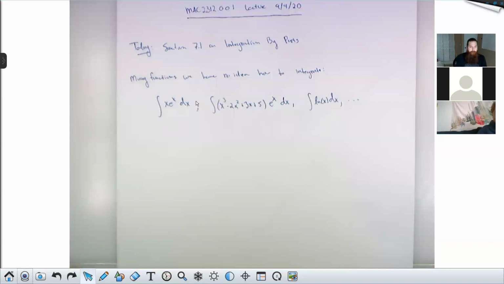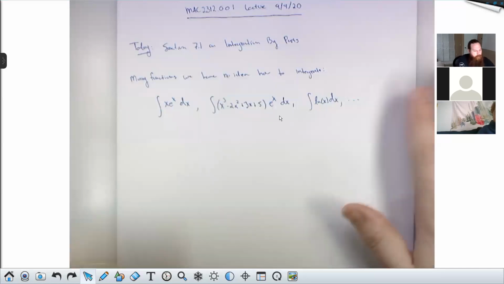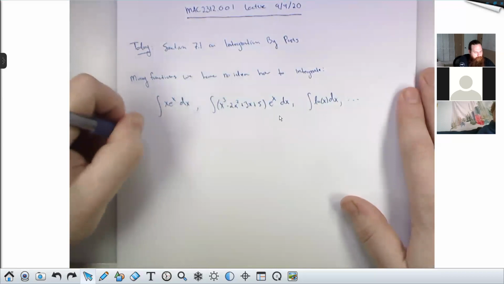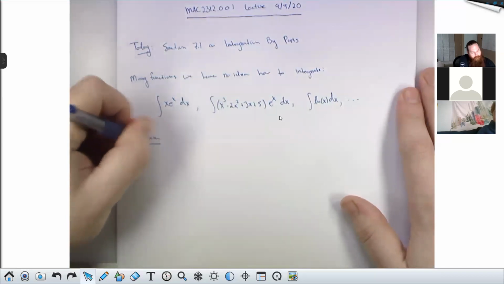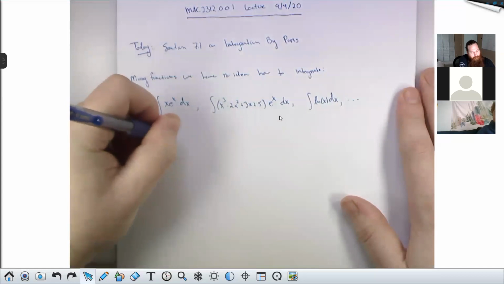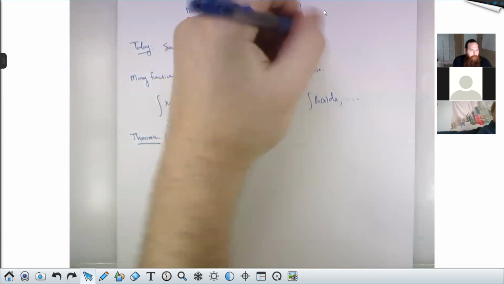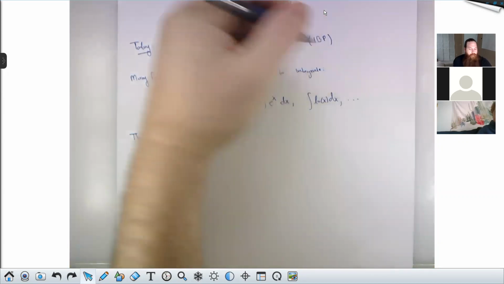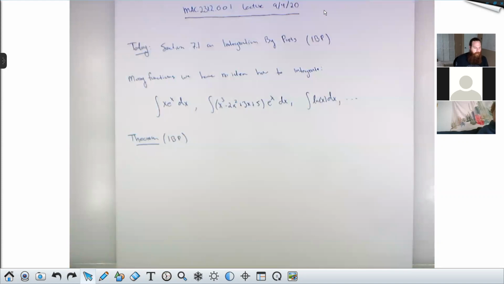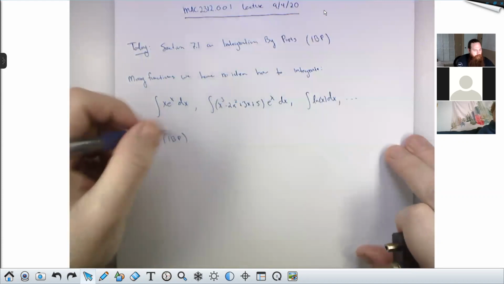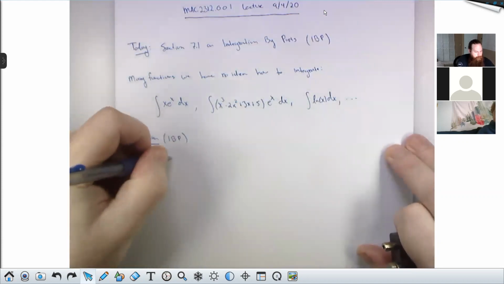All of these things that I've listed here will fall to the methods of section 7.1. And in particular, these two guys are classic examples. So the theorem, I'll just state it. I'll refer to it as IBP, which stands for integration by parts, so I don't have to write integration by parts every single time. It can be written in two ways. First, there's the way you write it for an indefinite integral. So it can be written as